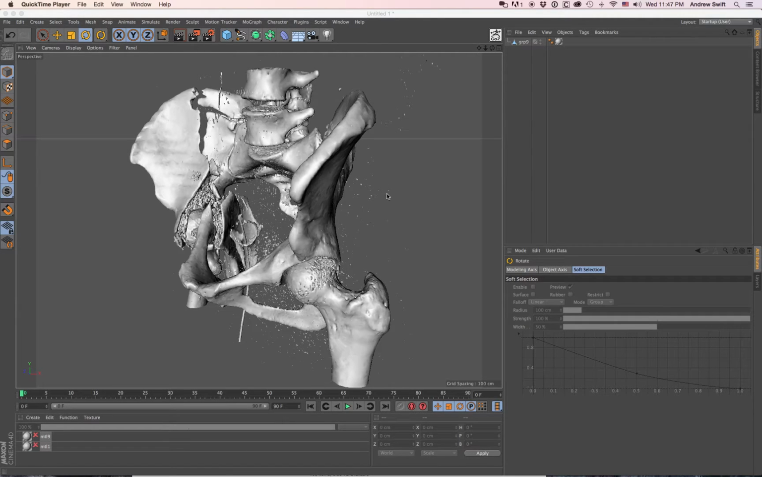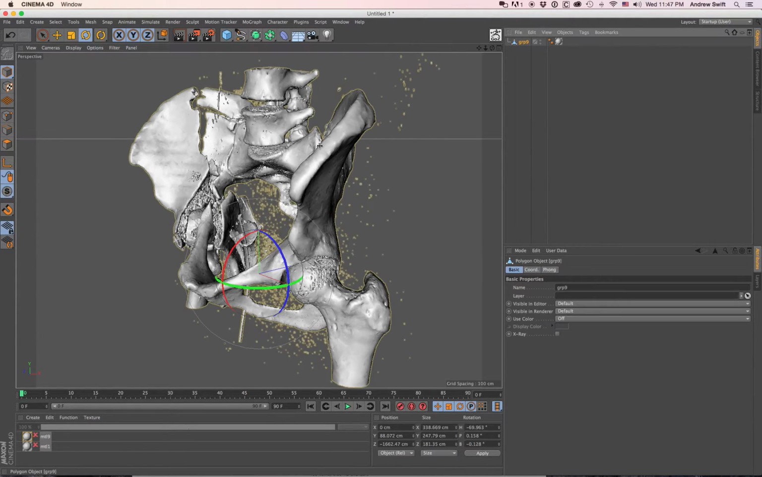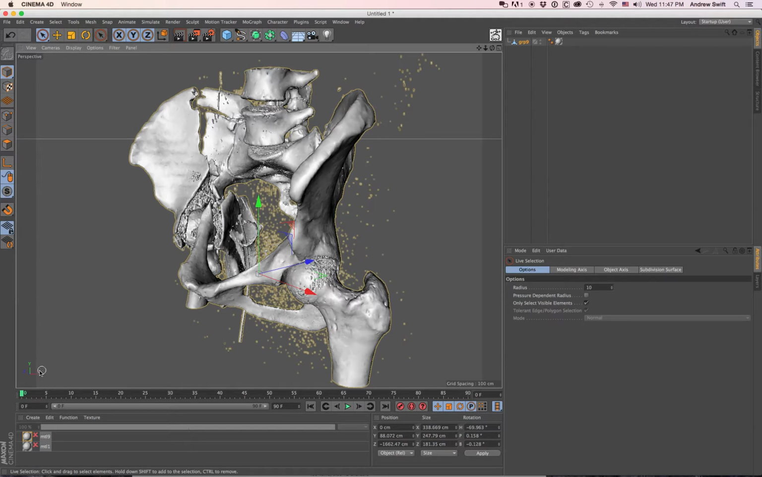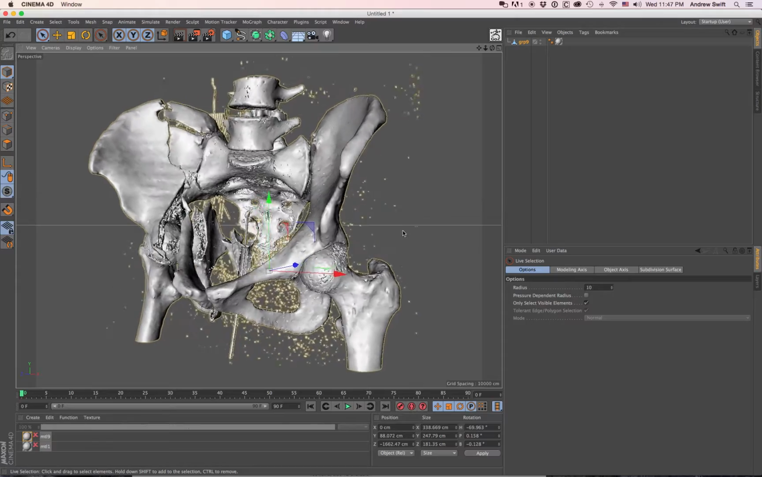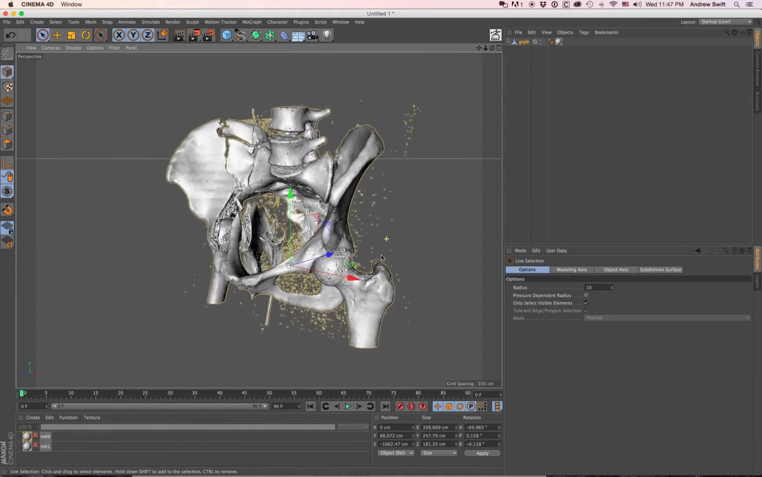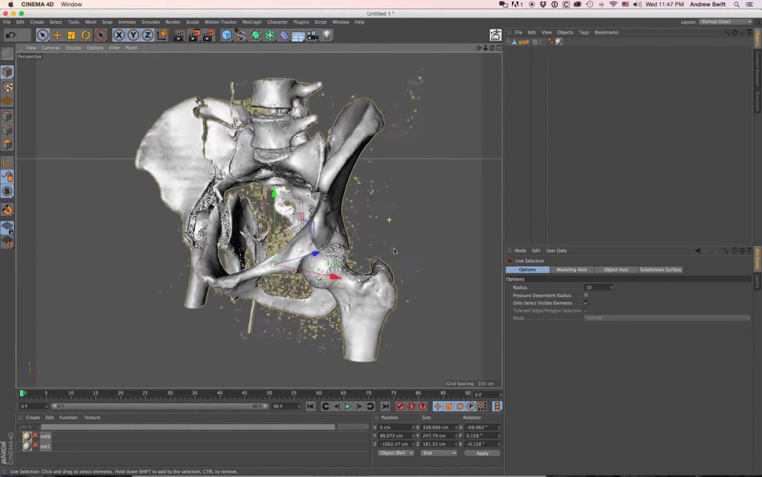So I opened this up in Cinema 4D. I changed the axis to point up along the y-axis, and I rotated the model up and down so it looked like the anatomy we're used to seeing. Otherwise, it comes in facing down. And what you'll notice is that